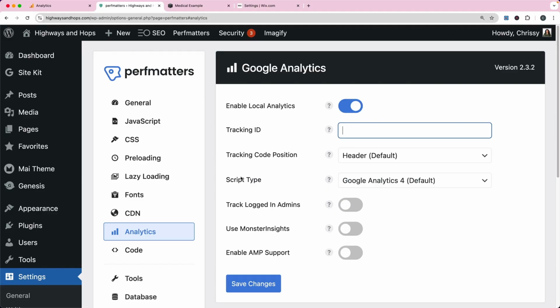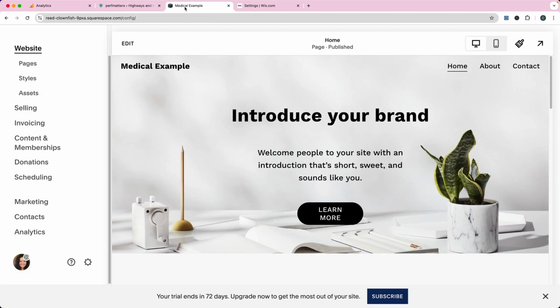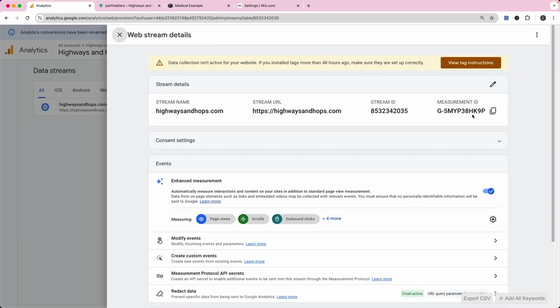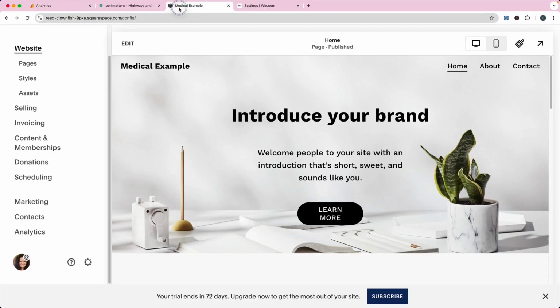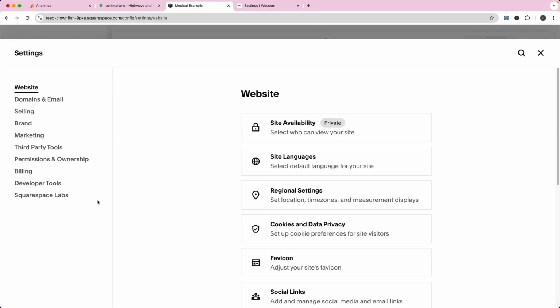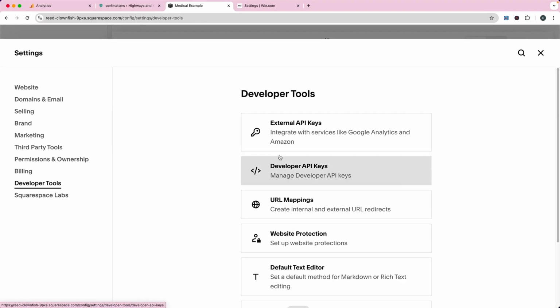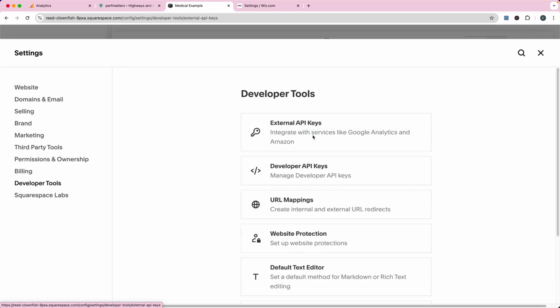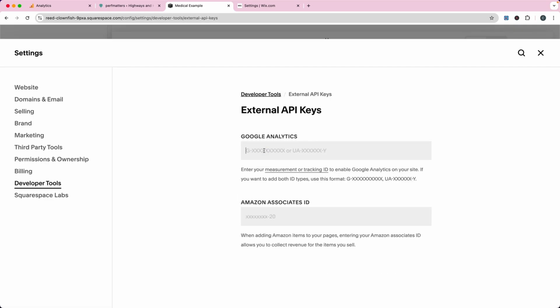Now, if you wanted to add it to a Squarespace website, you can see I've got a Squarespace site right here. I'm in the website editor for Squarespace. To add that measurement ID, that tracking code, in Squarespace, you would go into your website, then go to your settings, then under developer tools, and then external API keys. And you can see here is where I would add that tracking code